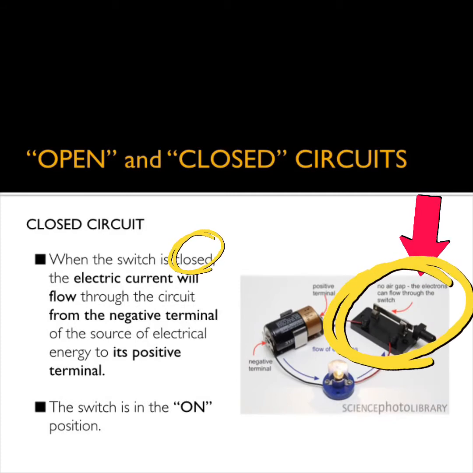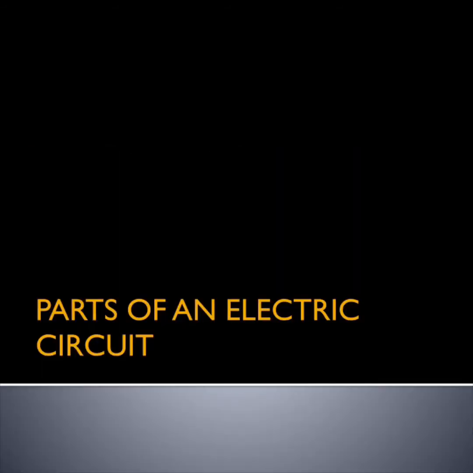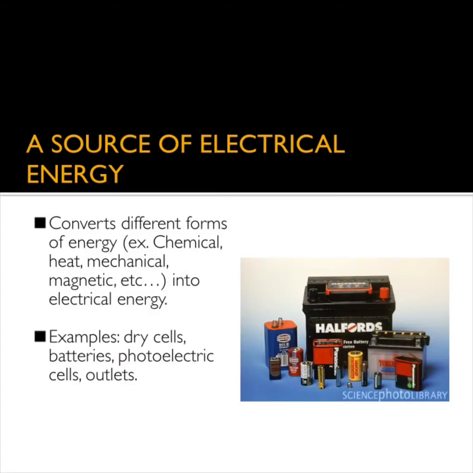When the switch is closed, the electric current will flow through the circuit from the negative terminal of the source of electrical energy to its positive terminal. The switch is in the on position when the blade of the switch is down and the electrons are flowing through the closed circuit. To review the parts of an electric circuit, there must be a source of electrical energy